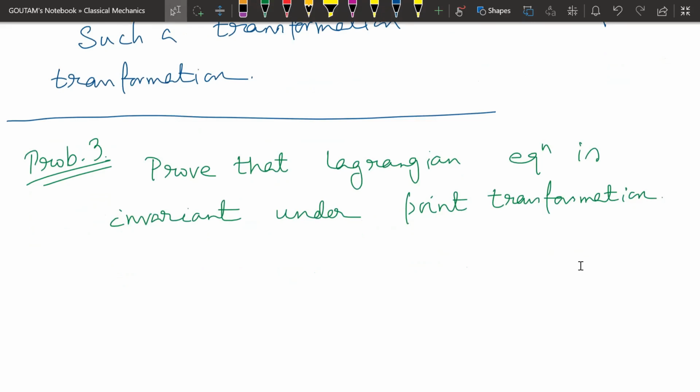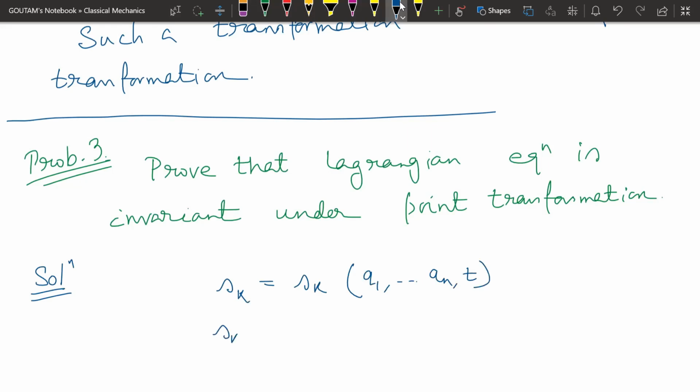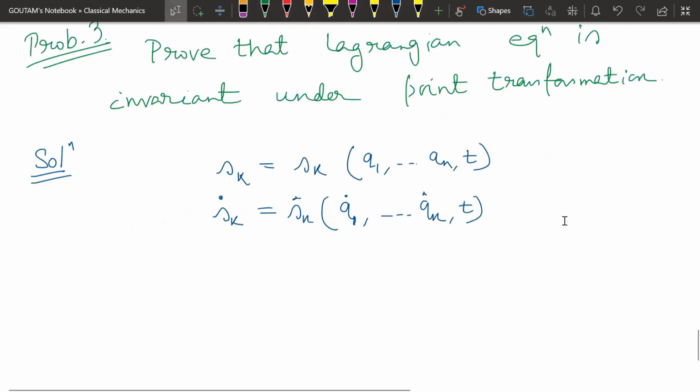So now what we have as the solution is any sk, let's say it is a function of q1 dot dot dot qn comma t, and sk dot will be a function of q1 dot comma dot dot dot qn dot comma t. So in that case, and as the transformation is linear, we will get del sk del qj,